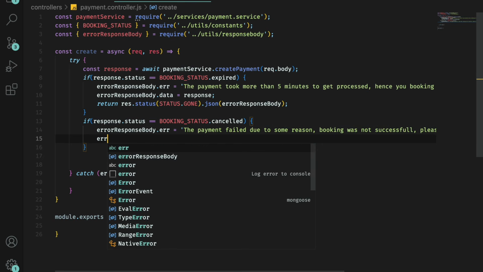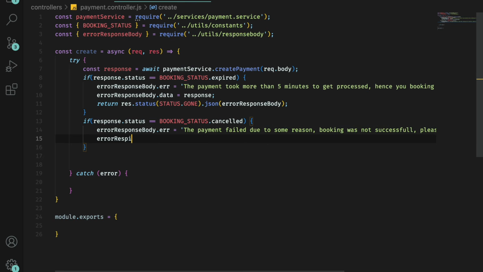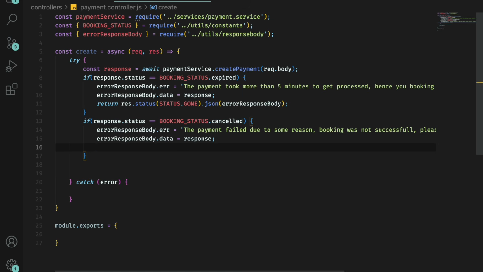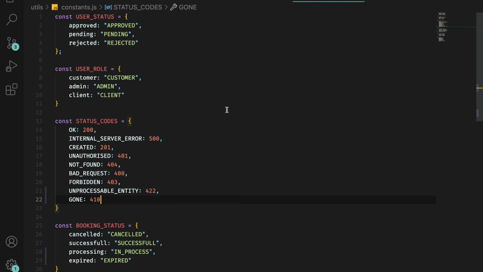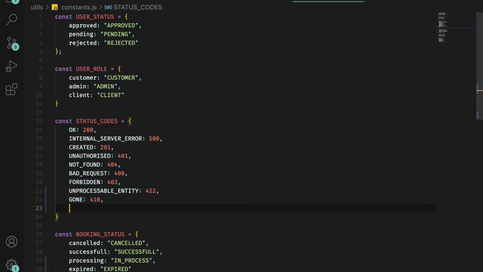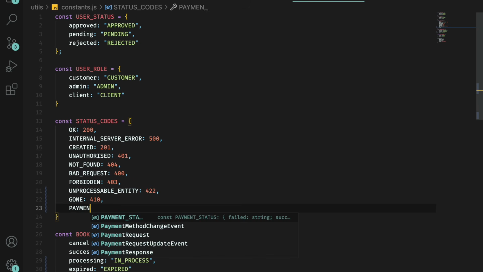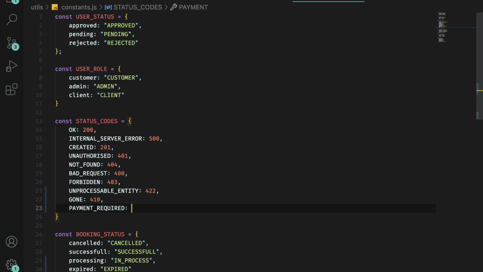And we can say error response body dot data is equal to response, so that we can see what booking we got. And we can have a 402 error. This is payment required. This is 402,